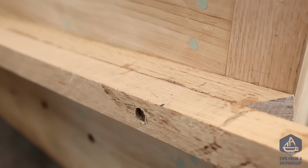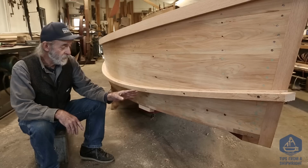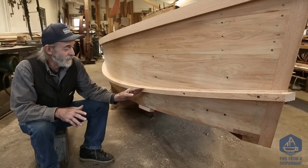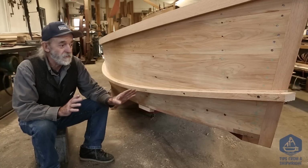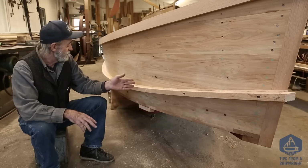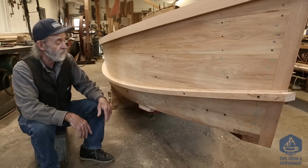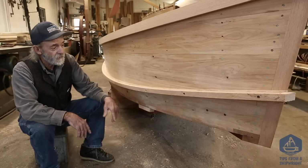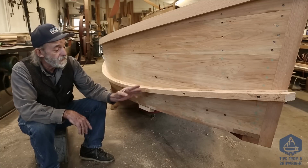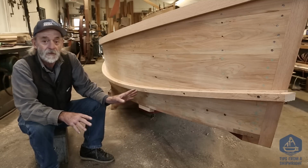Now there are both pieces of the lift rail on the starboard side fastened right up in position. We had to fasten them right up there because if you took your time and any of that bedding compound went off, then you'd have a hell of a time trying to get them up there nice and tight. So we can't let that happen. So this is where we've gotten so far. We've got to trim the forward end off and the after end as well, but we'll clean them up after the bedding compound dries, and I'm going to actually fasten them from the inside into the first piece, like I said before. That still has to be done,